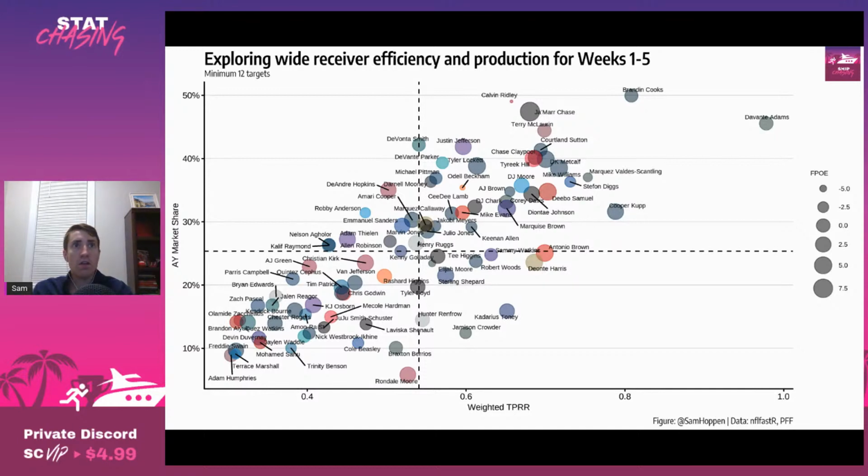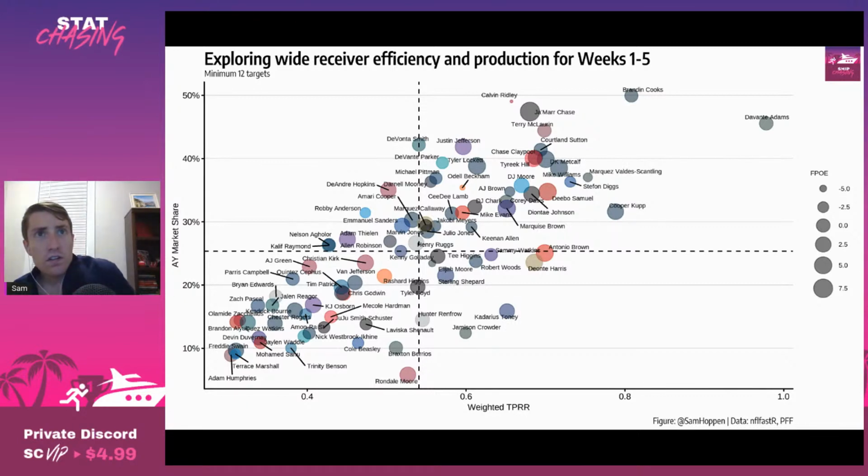Some other nuggets to wrap up the receiver section. We are officially on Jakobi Meyers touchdown watch. Jakobi Meyers now has 116 catches for nearly 1,400 career yards, and he still hasn't scored a touchdown. The guy leads the team in air yard share at 29% and target share at 24%, but he can't find the end zone. It's pretty ridiculous. He was so close this past week and got tackled at like the half-yard line, which is just a shame.